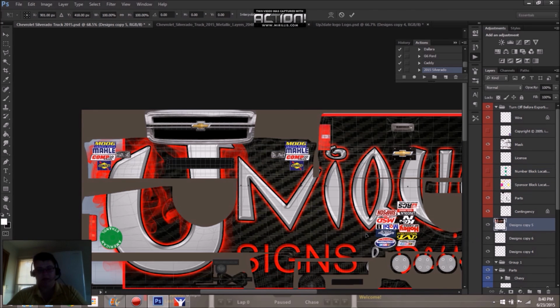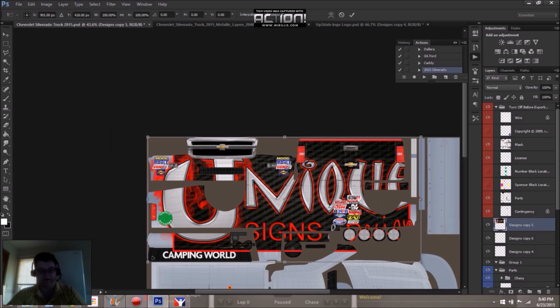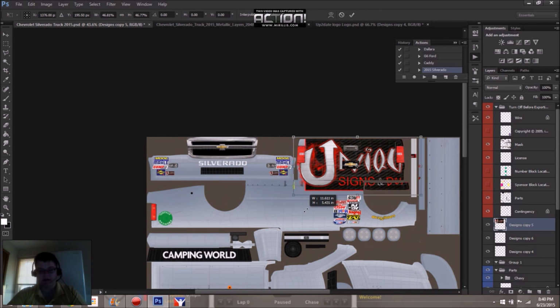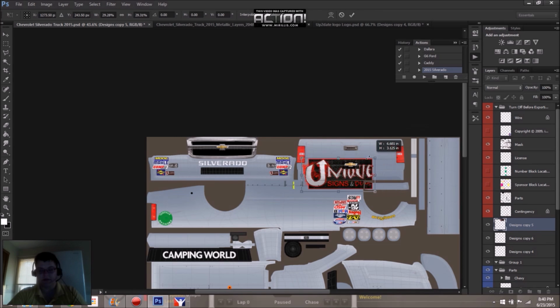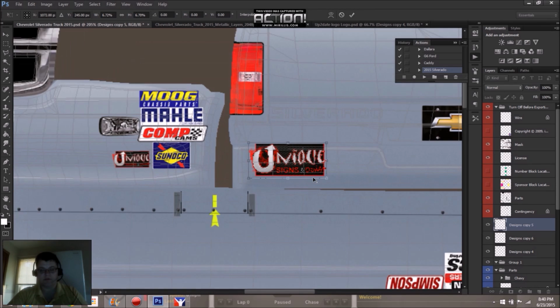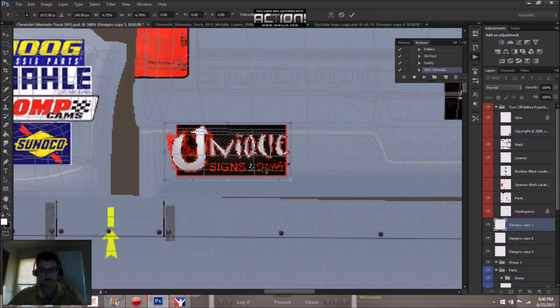And I'll take my big logo that I saved earlier, and I'm going to just manually size it right down into that spot. Zoom in, and you can see our grid layers.